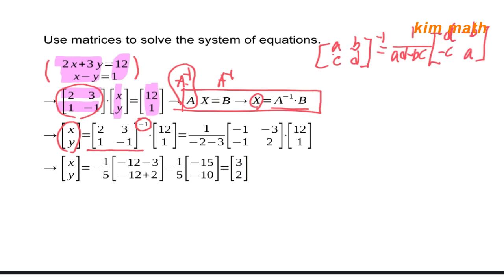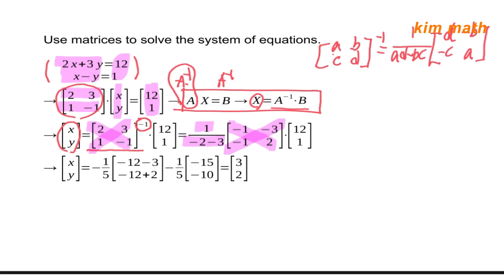Good? So here you have 1 over negative 2 minus 3, and switch these two numbers, so your result is negative 1 and 2 on the main diagonal, and for the other diagonal, from 3, 1, I have negative 3, negative 1, change the sign. Okay,